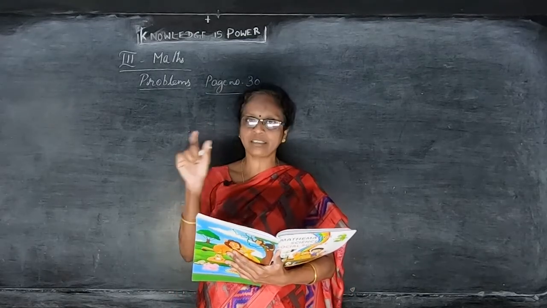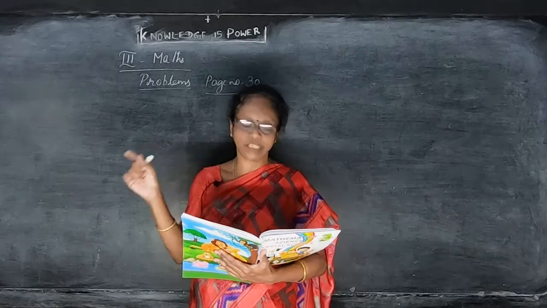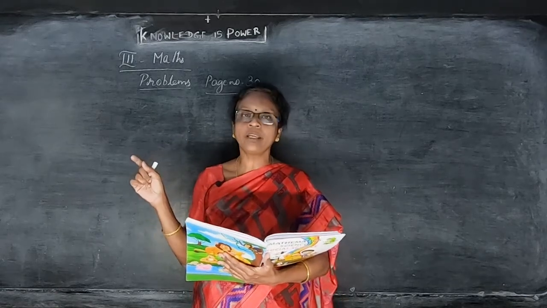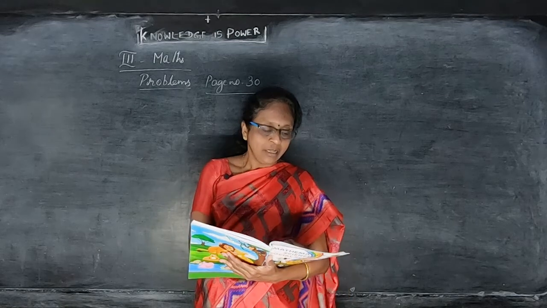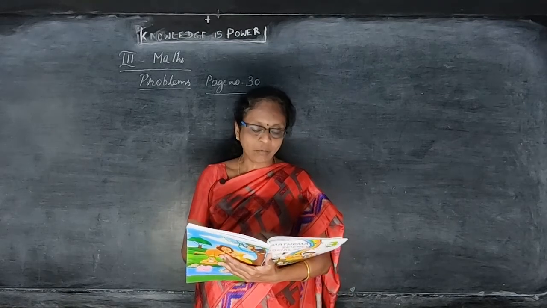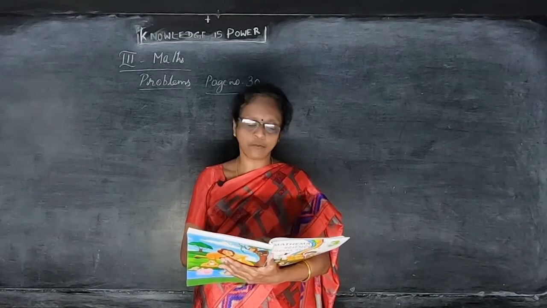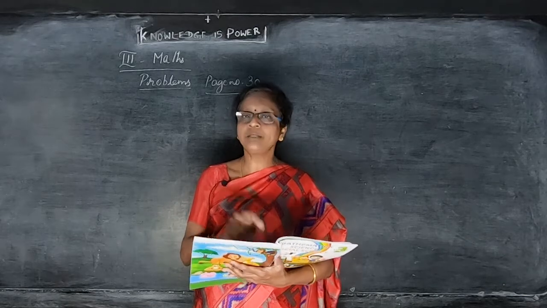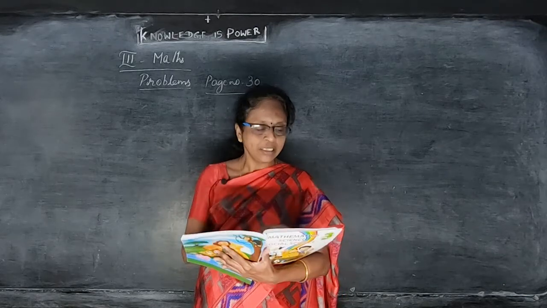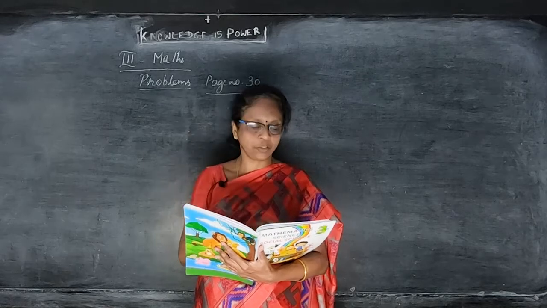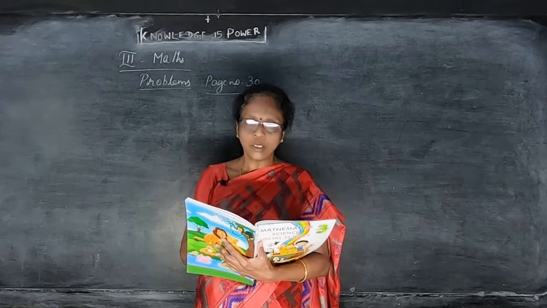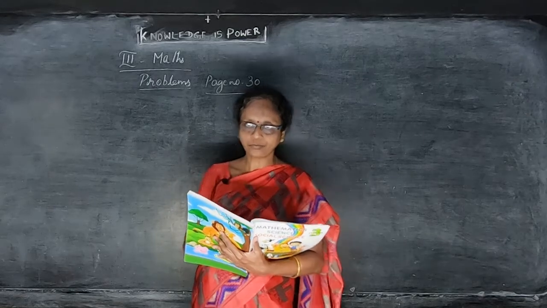So you can take a statement as mangoes in form A. How many mangoes in form A? 452. In the book itself they are given. And mangoes in form B, how many numbers they are given? 349. Find means find out. You have to find out the total number. The total number means altogether, how many in total? Total number of mangoes grown in both forms.